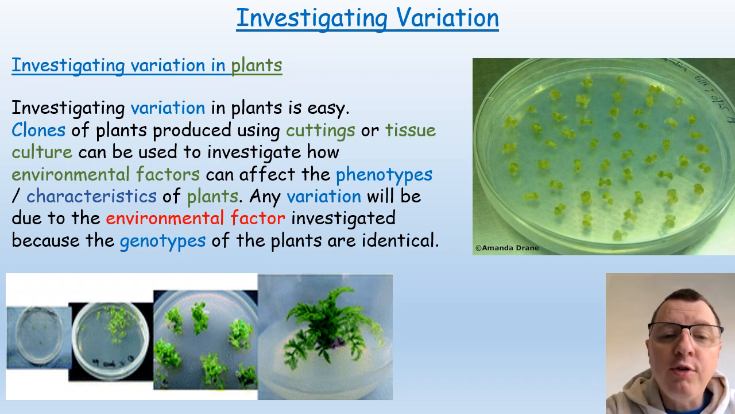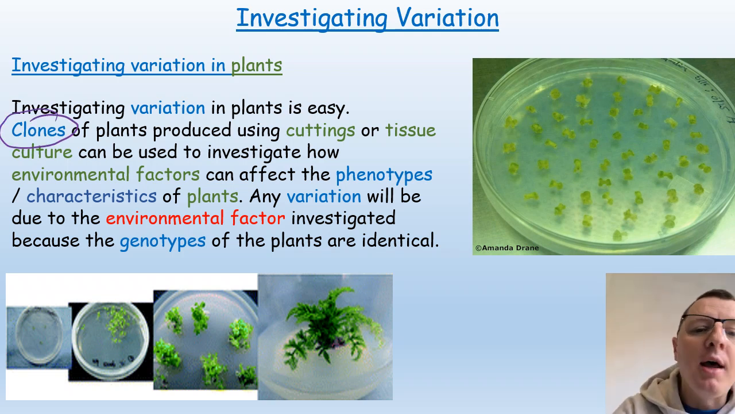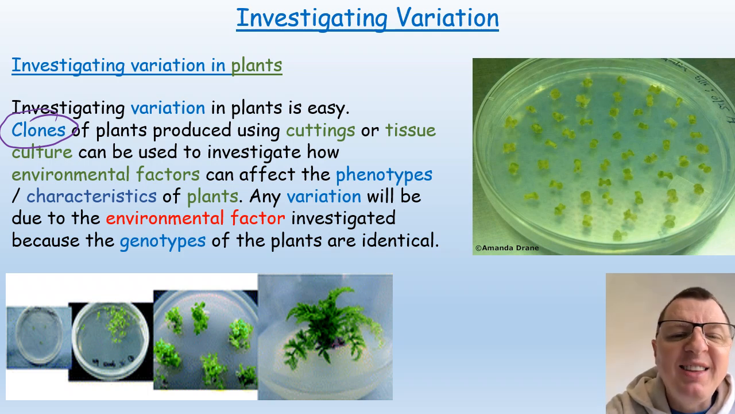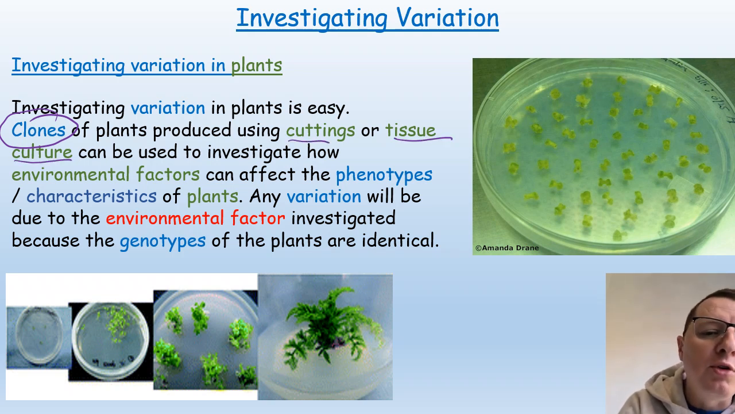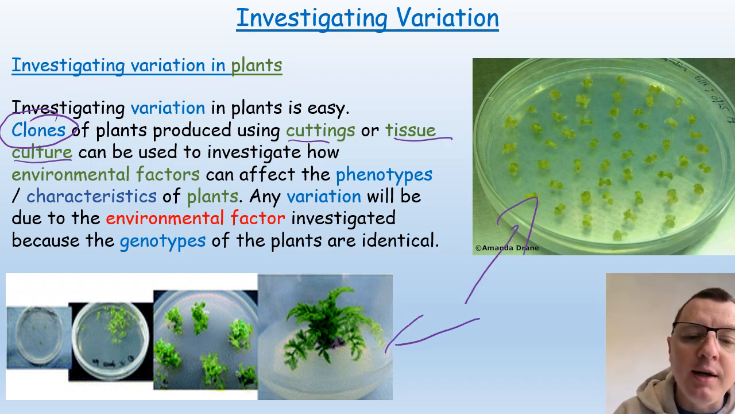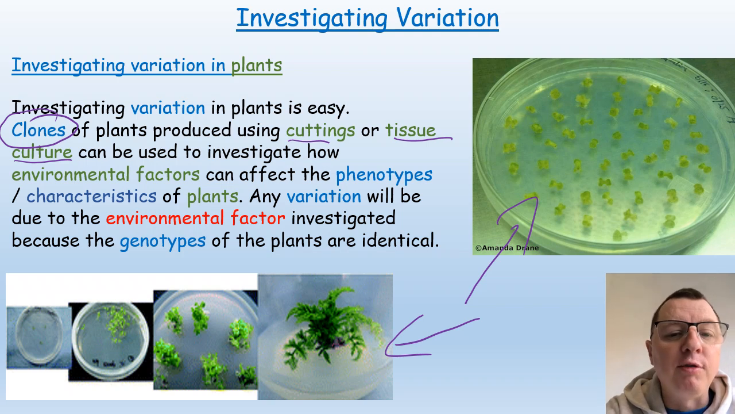So in order for scientists to be able to investigate variation in plants, they can use cloned plants, and this means that their DNA will be identical every single time. And to produce this, we can either use cuttings or tissue culture, as you can see here and here, in order to produce thousands of genetically identical plants